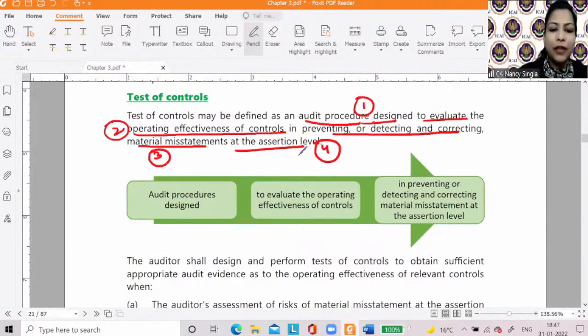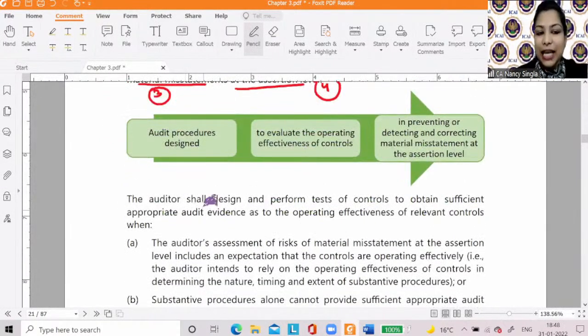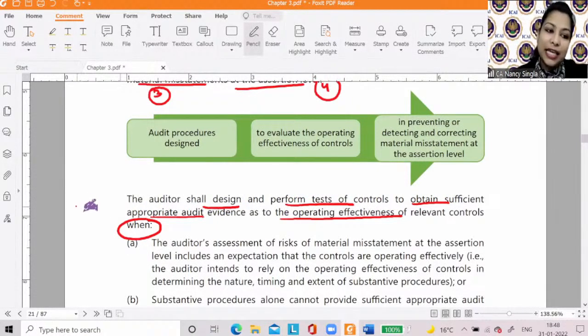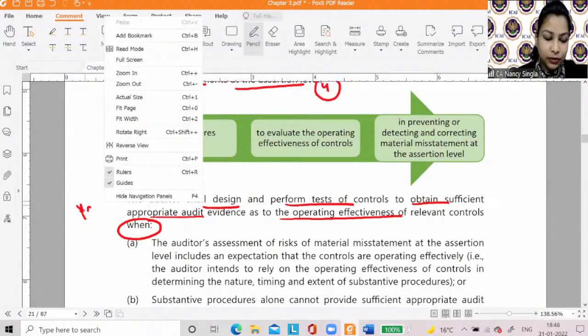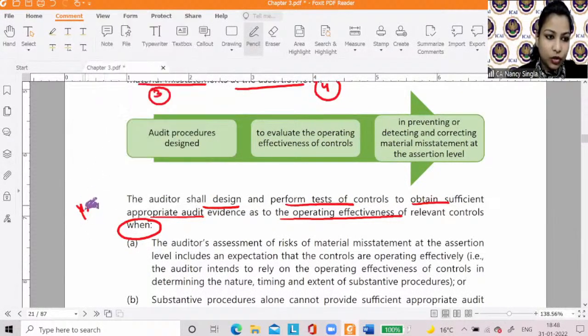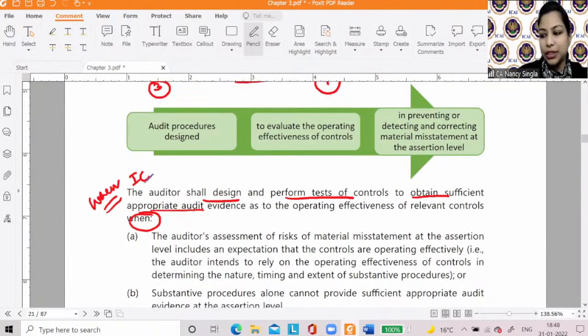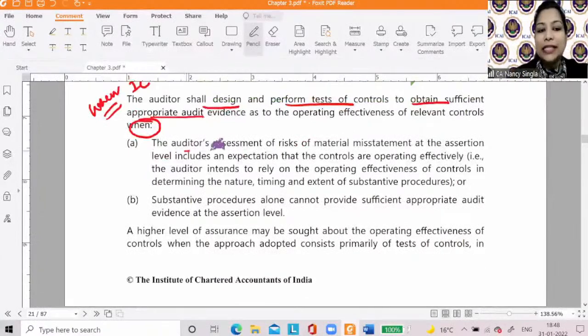The auditor shall design and perform test of controls to obtain sufficient appropriate audit evidence as to operating effectiveness when? So I can say, when will the auditor perform it? Two situations are there. First, the auditor's assessment of risk of material misstatement at assertion level, now what is this? SA 315